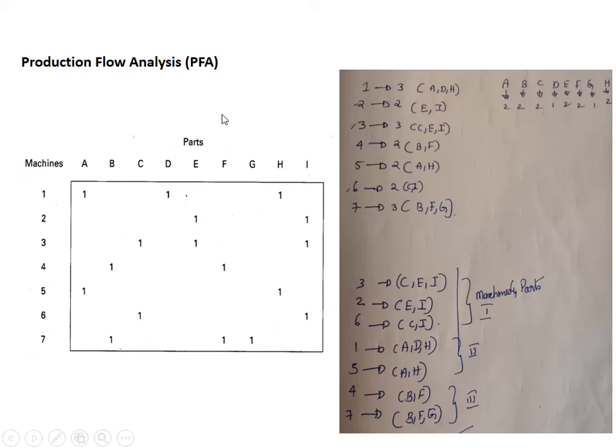Here, first I divided row wise and column wise. Row wise you can see machines 1, 2, 3. For each machine, these are the parts which are assigned, and in the same way for each part, these are the machines required for operation. As you can see, for machine 1, we have A, which is A, and D, which is D, and H,